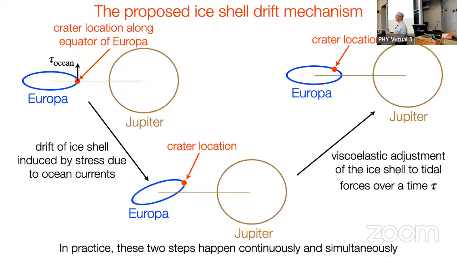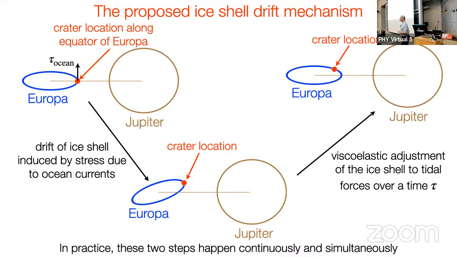Does this involve a lot of cracking? Yeah, it must involve some cracking, I would assume. It's important to understand the outer part of Europa is at such a temperature that the ice is as hard as granite. The lower part of the ice that's bordering with the ocean is soft because it's close to the freezing temperature. So when you distort it, some parts of it must crack, absolutely. And how that affects things, I don't know. But yes, there have to be cracks.